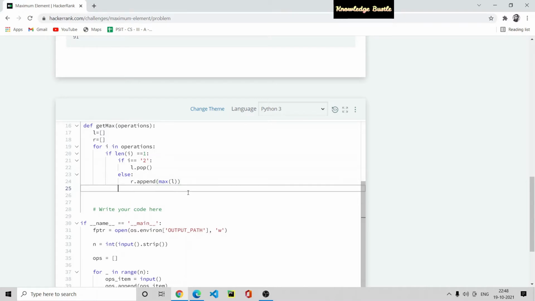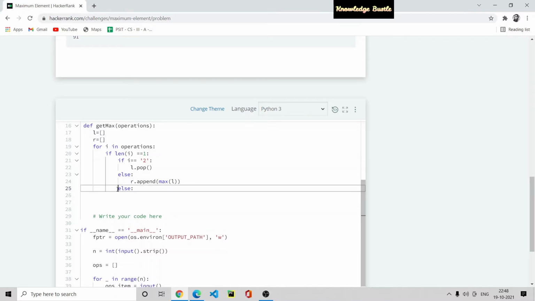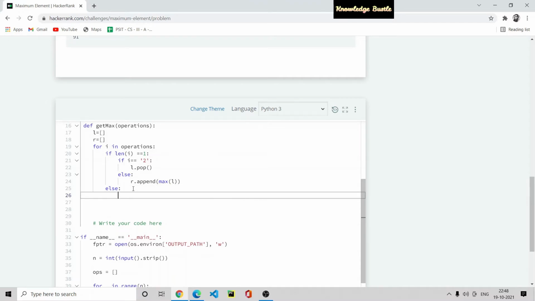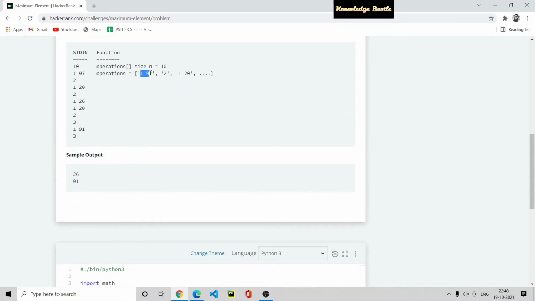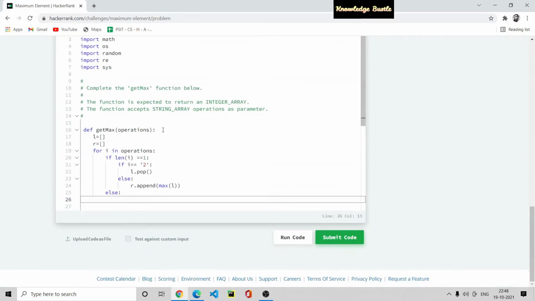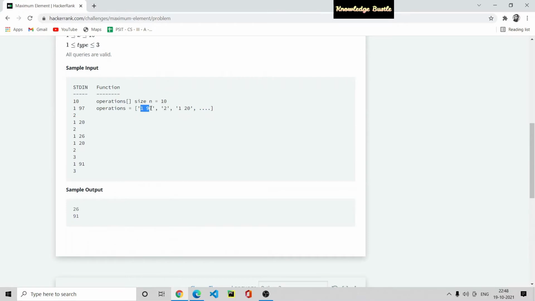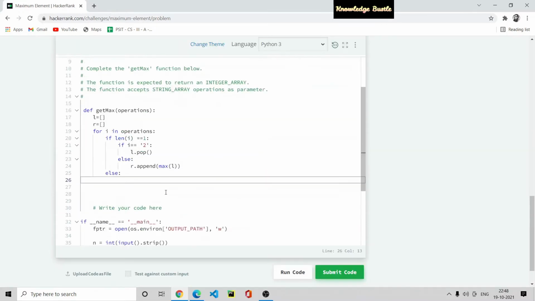If the length is not 1, then exactly the length is 2. Then we write else. Here we see that it contains two elements in string format, so we need to split this and make them integers.